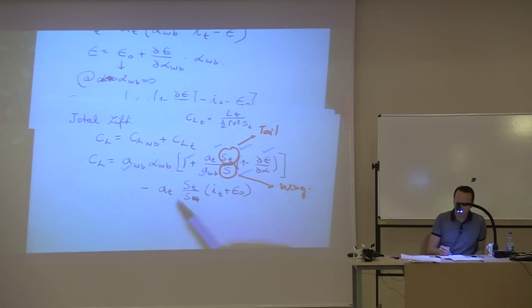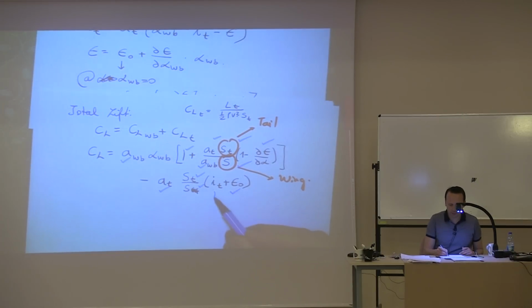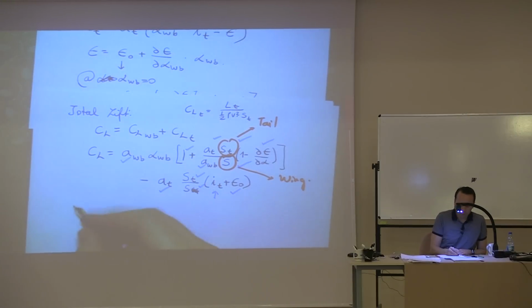So how about this one? AT, constant. Surfaces, constant. IT, pilot control. Okay, pilot control. IT is a pilot control. And this one here, it's a constant. So the only one that's not constant would be this one, but everything else is constant. Okay? For fixed pilot control,